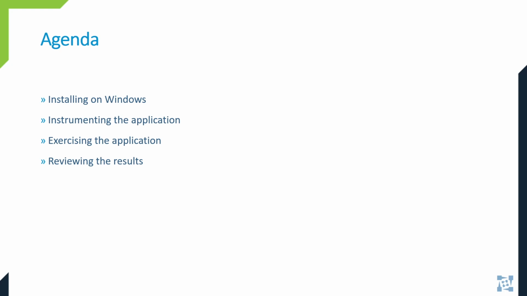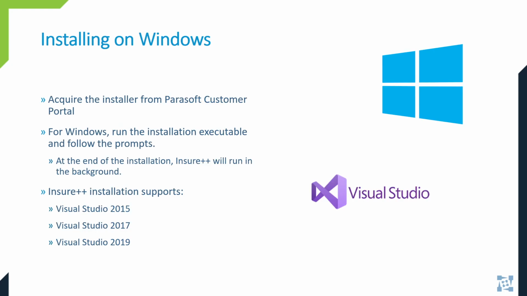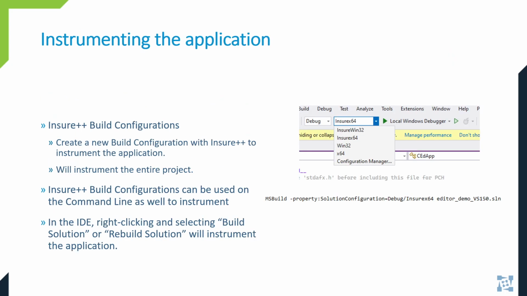the results from Insure. So for installing on Windows, you can just download the installer executable that we have on our customer portal. Running that will begin the installation process, and you'll be able to choose the location of where you want to install Insure. And once installed, it'll go ahead and place its run configurations and be ready for supported Visual Studio versions. Insure does run in the background,